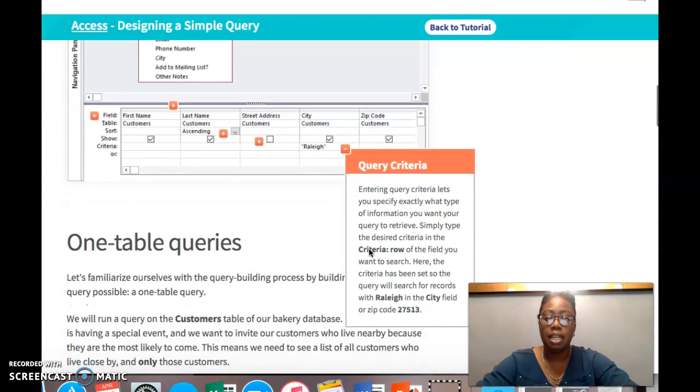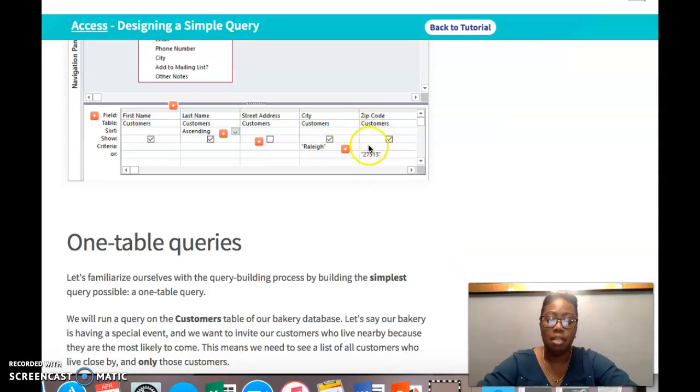Entering query criteria lets you specify exactly what type of information you want the query to retrieve. Simply type the desired query in the criteria row of the field you want to search. So here, the criteria has been set so that our query will show us the records where the city is Raleigh. We have an additional criteria here in the zip code field, but it's in a different row than the Raleigh. So this query is going to show us the zip codes